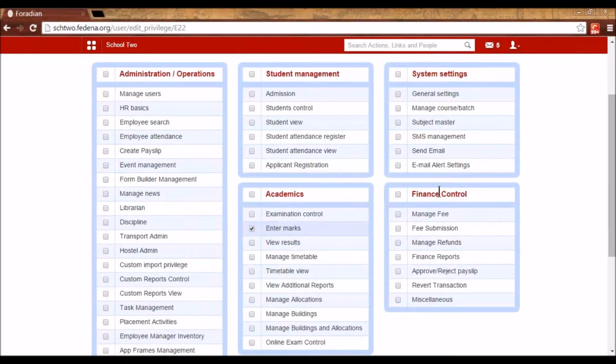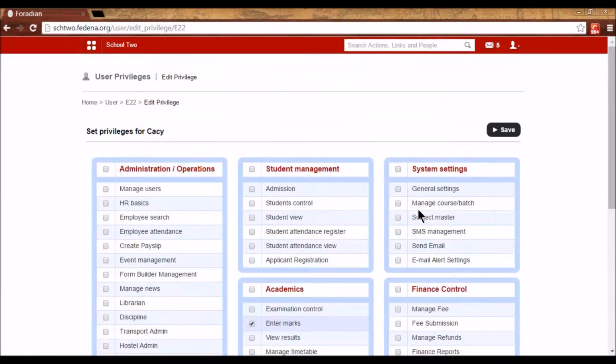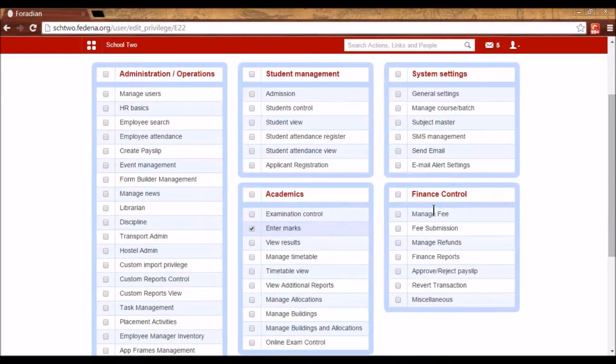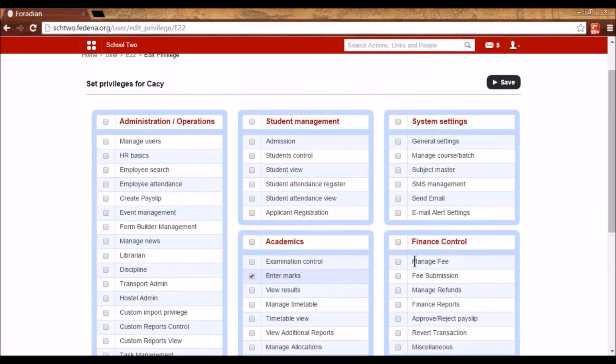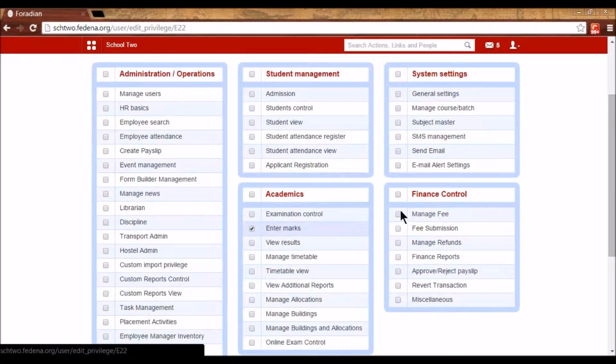And finance control, this is a new privilege breakup that has come. As per what I want this employee to be able to do in finance, I can check those options here.